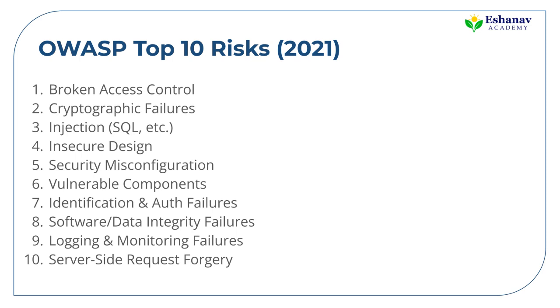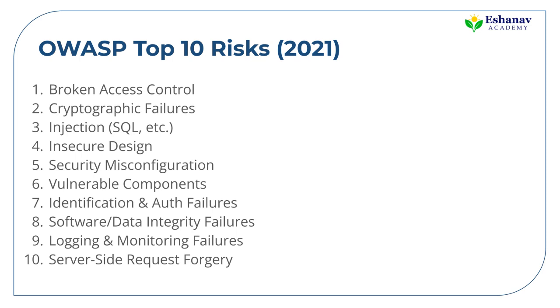Here's a snapshot of the OWASP Top 10 from their 2021 update. These 10 categories summarize the most widespread and dangerous vulnerabilities seen in real-world web apps. Each row highlights the type of risk, an example of how it can occur, and a proven way to fix it. For instance, broken access control means users accessing data they shouldn't, like changing a URL to see someone else's